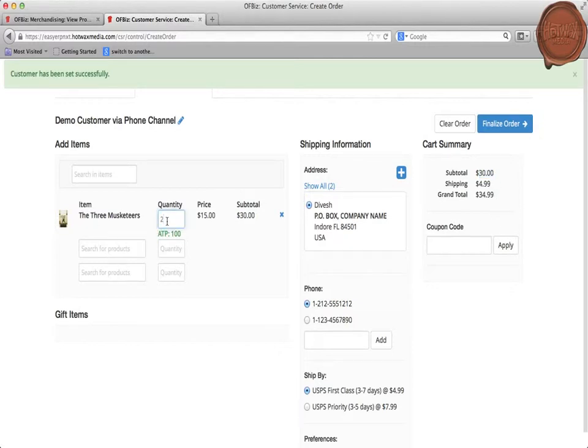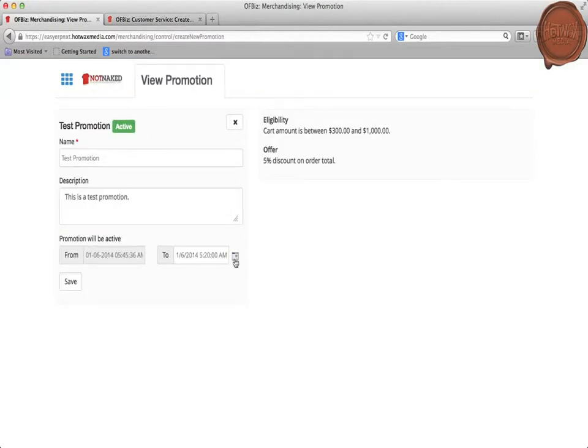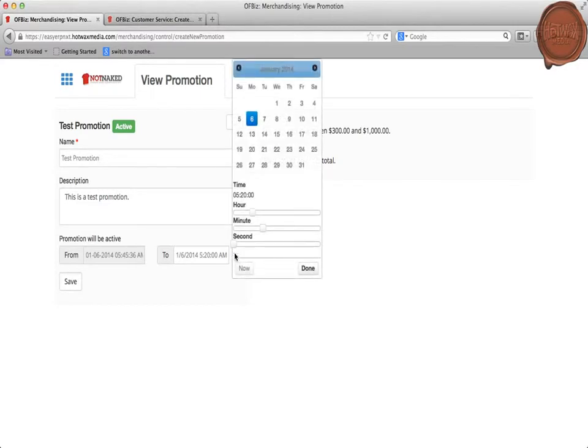Now I'll raise it to 300 and as you can see a $15 amount has been provided as a discount, which is 5% of the subtotal here. Moving back to the promotion, the catalog manager can deactivate a promotion by setting the ending date. Here we can select the end date of this promotion